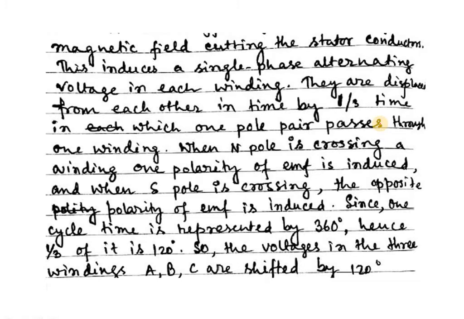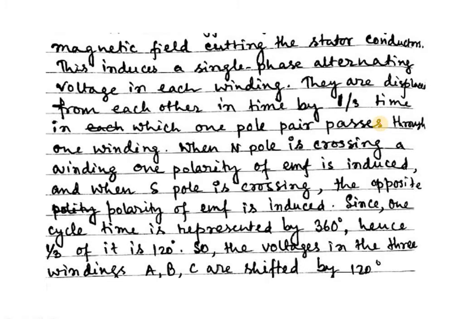So these coils will cut by the flux which is generated in the rotor by DC supply, and due to this flux cutting in each coil, an AC voltage will be generated. As those coils are 120 degrees apart from each other, it will create three different phase voltages, which are 120 degrees phase shifted from each other. That means the coil A will be connected, then A phase voltage will be created.